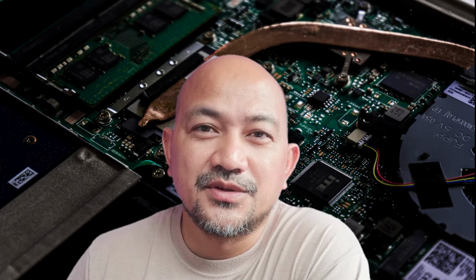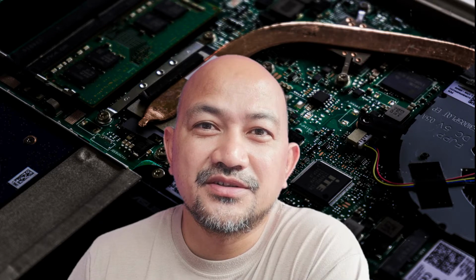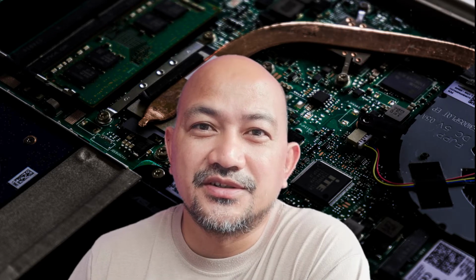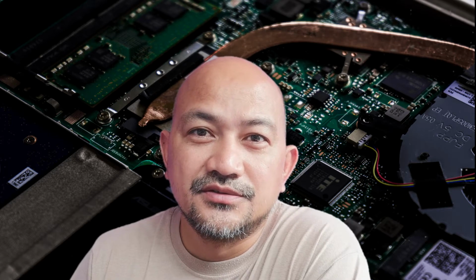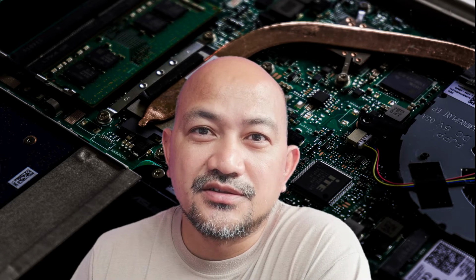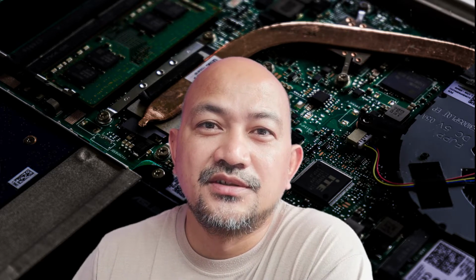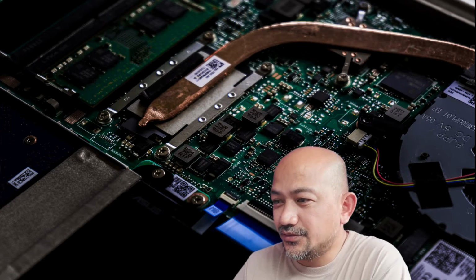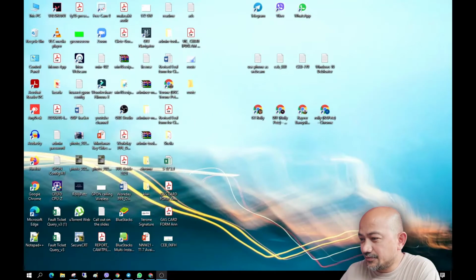So for this, I'm going to share with you how you're going to check and upgrade your memory from its original memory. So to check if your laptop or PC needs a memory upgrade, the first thing that you need to do is to check for the performance of your PC. So for Windows, let me share again with you my screen here. Let's open up the